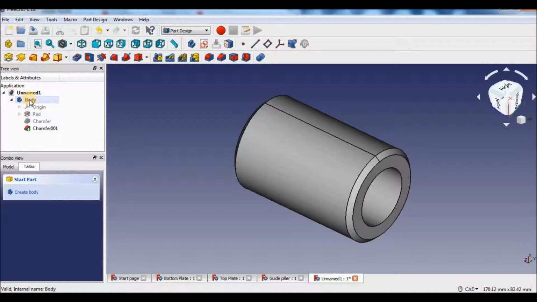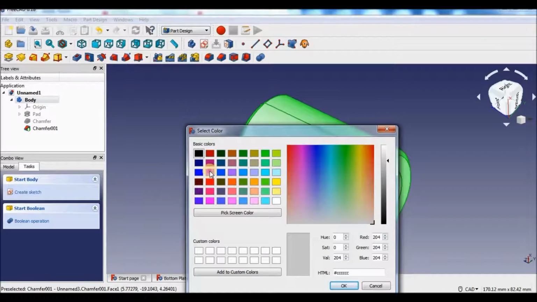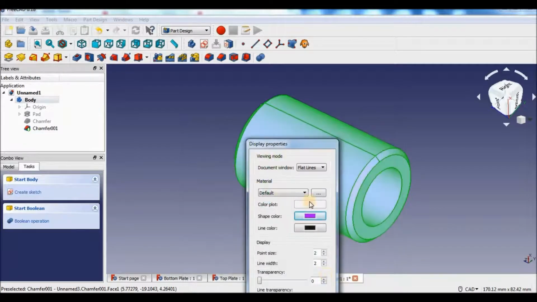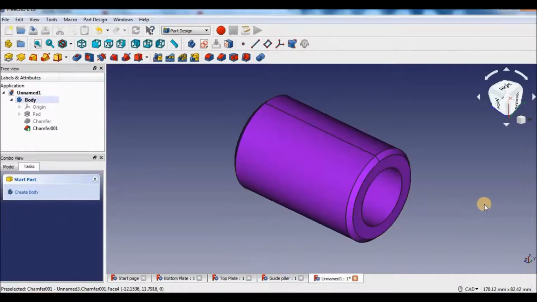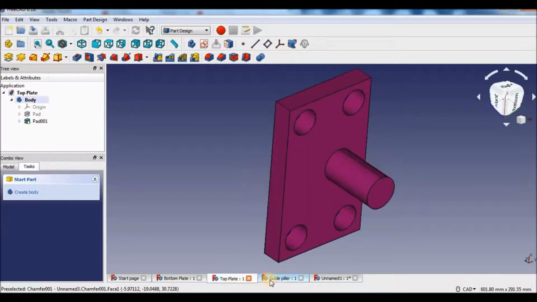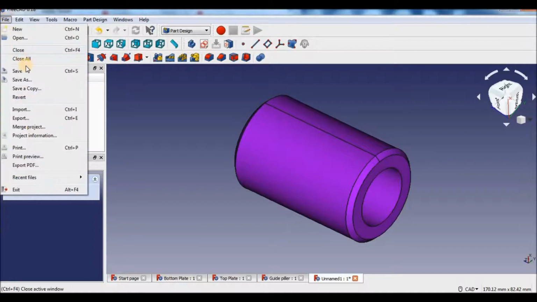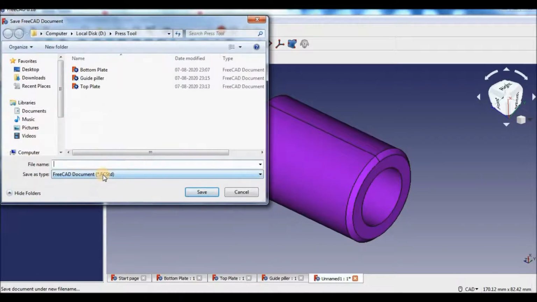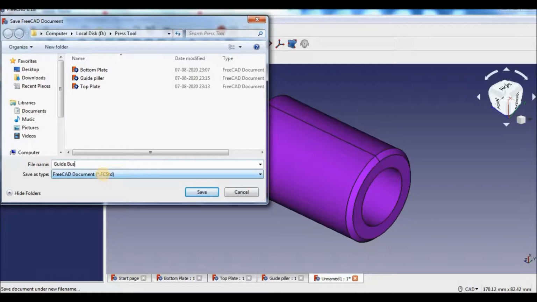To change the color, go to body, click right, appearances, select any of the color, as you can see all 4 parts are ready for the assembly. Save this part, file, save. This is the guide bush. OK.